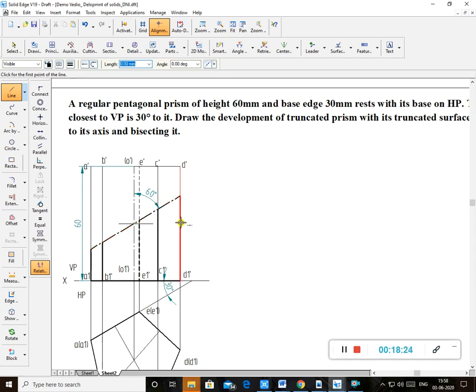Now I will show it in 3D. How many cut points do you get? Now you have to decide cut points here. It is cutting AA1, so one cut point comes here. It is the first cut point. I type here 1. Usually naming starts from AA1, and usually you have to follow that. It is 1 dash. I get the second cut point on BB1. It is 2 dash.